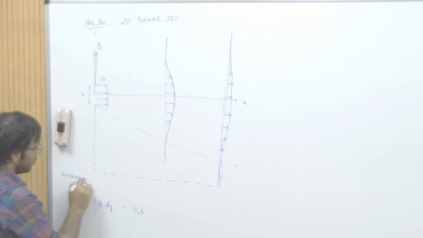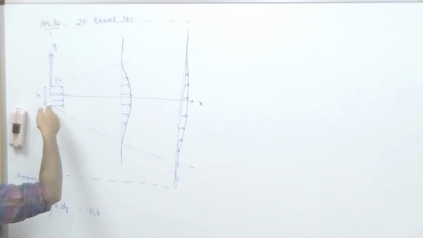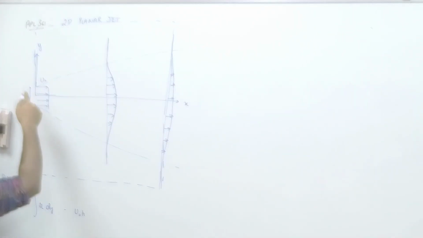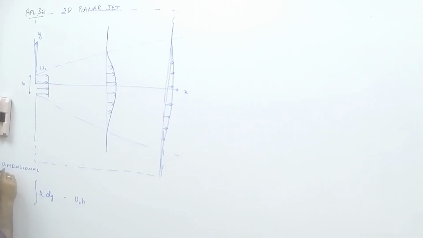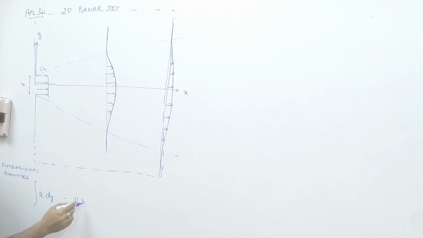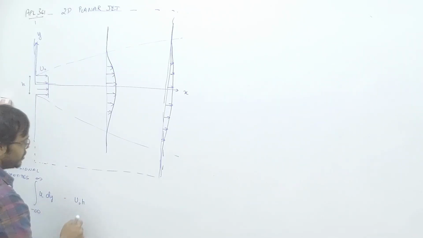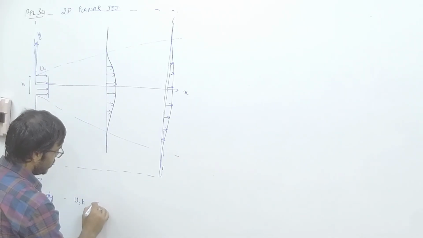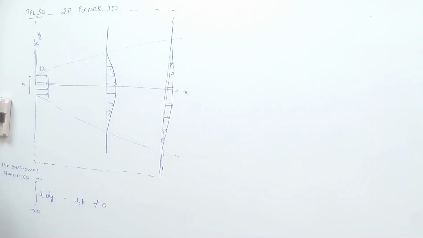I think there was some confusion about this, how minus h by 2 and plus h by 2 had taken half and things like that. So if you look at dimensional quantities, then you can very easily integrate your mass equation and obtain this. Okay, that integral of u dy minus u naught h is not equal to 0 actually, and it will be equal to,